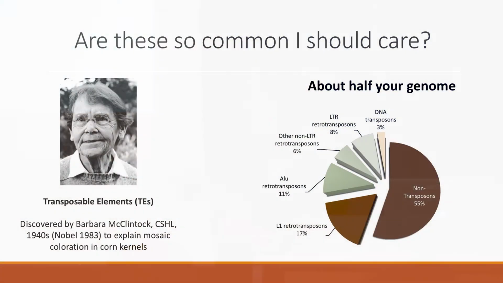Okay, and so it turns out that they've been very successful over evolutionary timescales, such that they're about half your genome, right? Most of those are made up of this retrotransposon subset that I was telling you about. They go through an RNA intermediate. Some of these retrotransposons are actually proper endogenous retroviruses, but that's a small fraction of all of the retrotransposons. And then a very, very small fraction of the human genome is derived from DNA transposons, and these are the